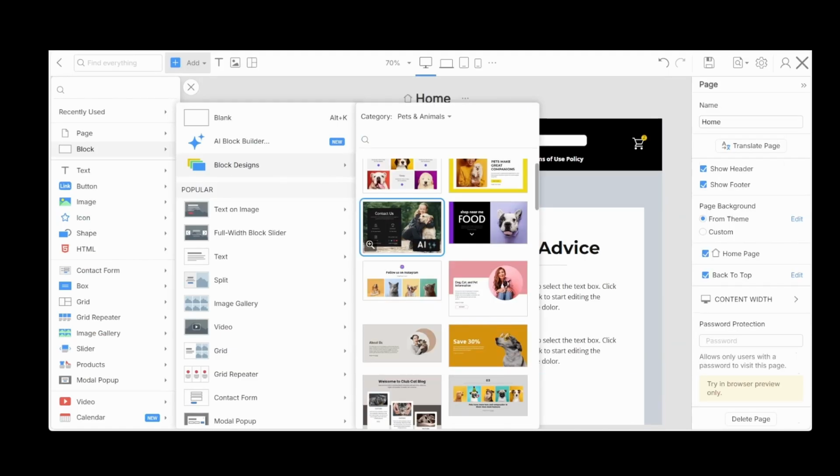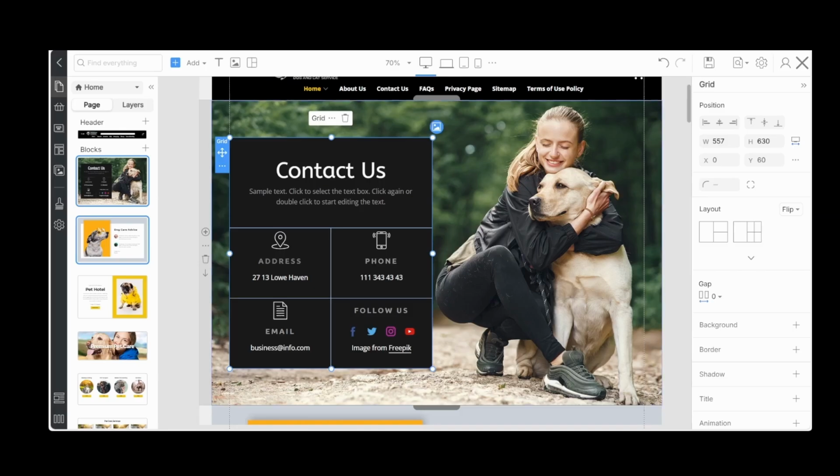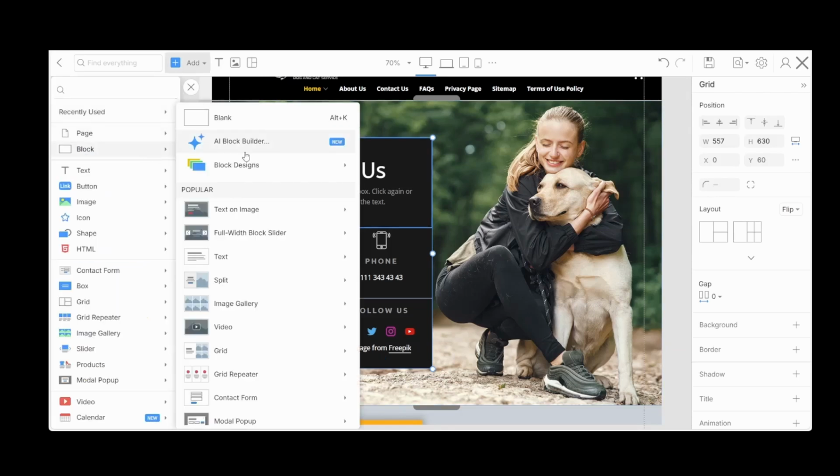So let's add contact us. That came out pretty nice. We'll probably use that. And let's go add another block.